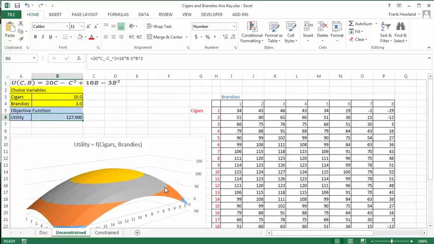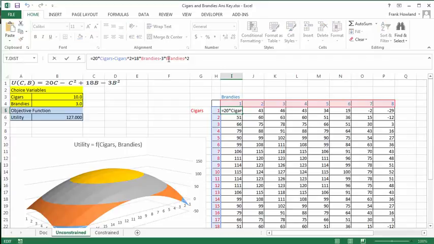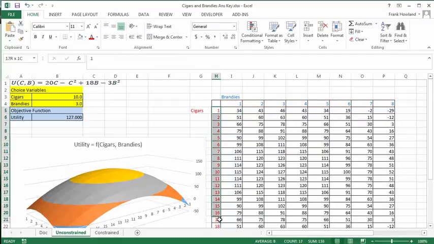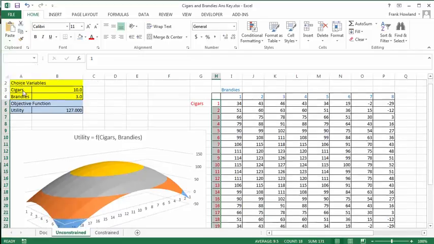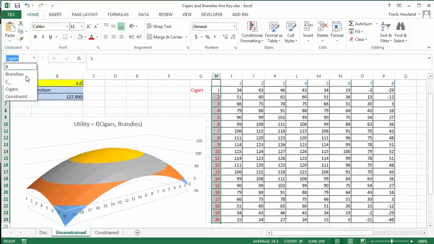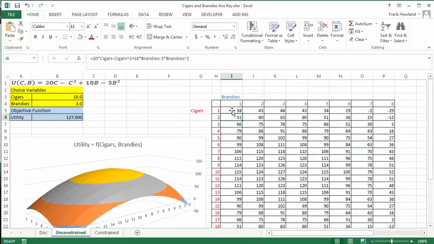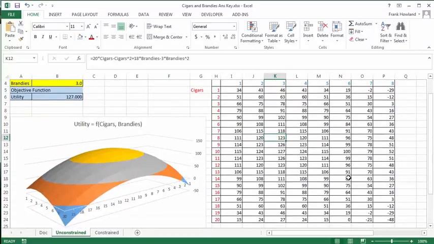How did I make this picture? Well, the way I did it was to put the utility function into a sort of homemade table. Notice I named this range cigars. Okay, so if I go here, I can look at cigars. And I named the other range brandies. And then I had functions. So this one refers to cigars equal to 2, brandies equal to 1. Hit escape, go over here. This one refers to cigars equal to 7 and brandies equal to 3. Okay, so I got this whole table created